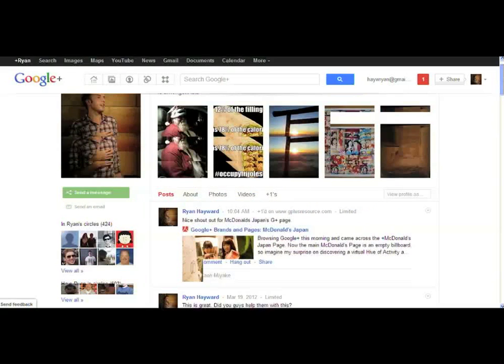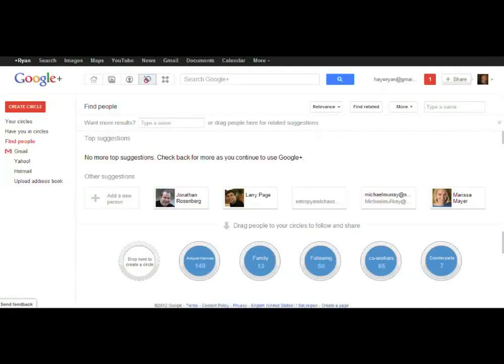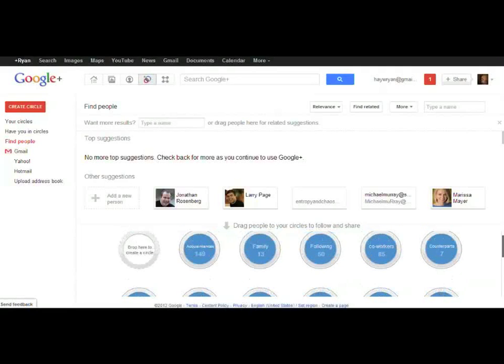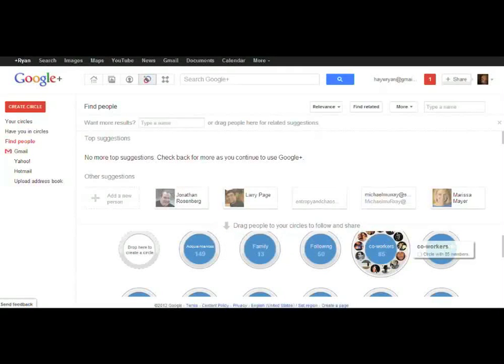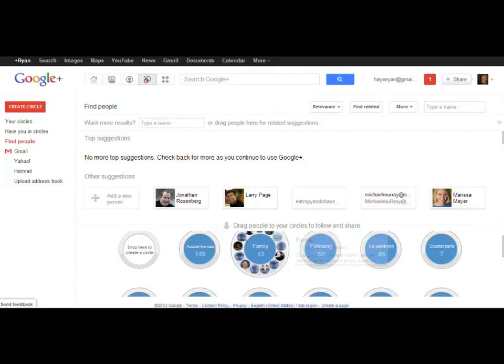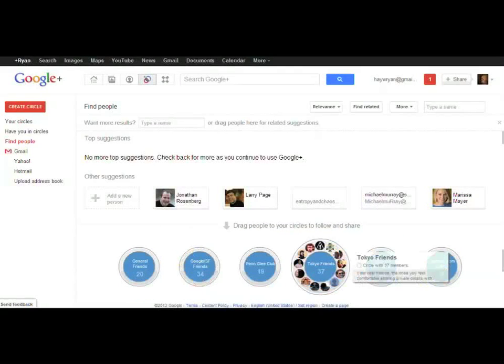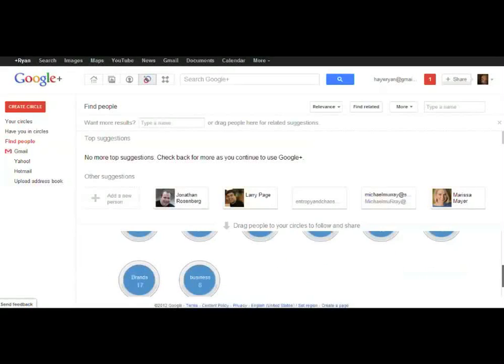So these are the basics of the profile. What are these circles that I've been talking about? Circles allow you to break people up into groups that more reflect real life. So I have about 150 people that I would consider acquaintances, 85 coworkers. I have my family in a group. I have friends from when I lived in San Francisco, friends in Tokyo where I live, my general lifelong friends that I feel like I can share anything with. And these are kind of the core of my experience.